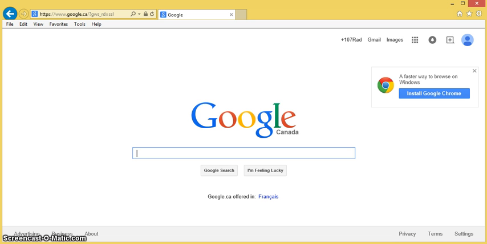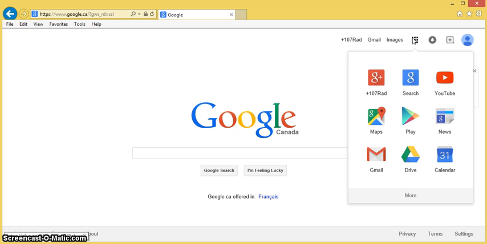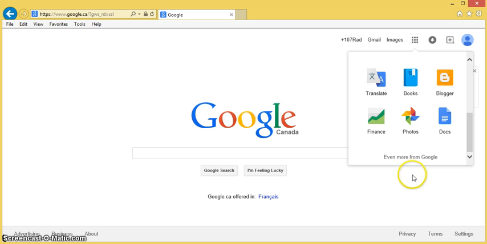And today I'm going to be talking about Google Slides. So first off, if you haven't already done it, open up your internet page to google.com, and then on the side here where the square boxes are, and it says apps, click on that, and go down to click on more. And again click on even more from Google,